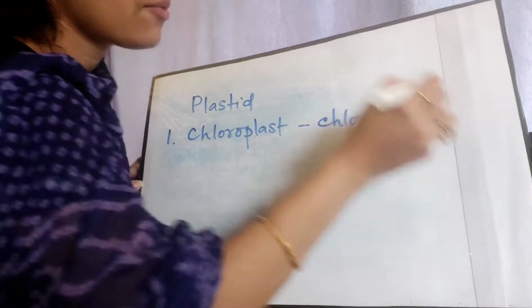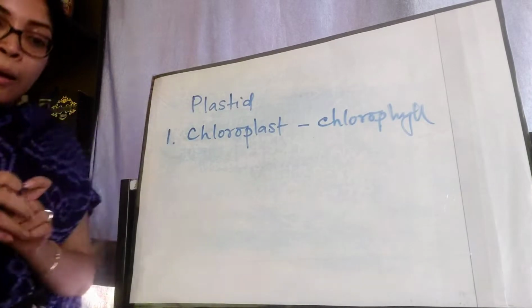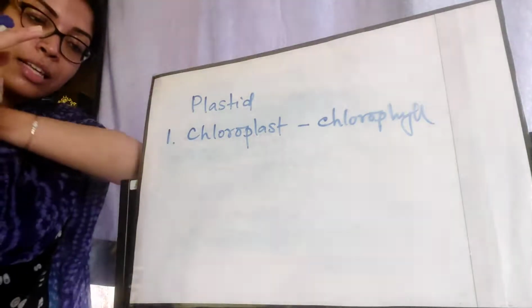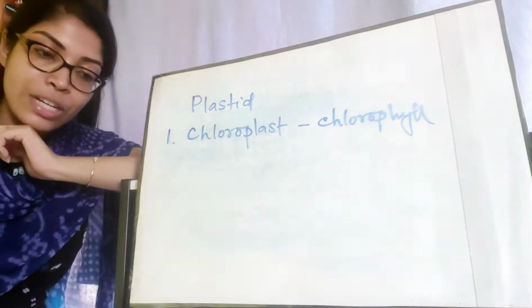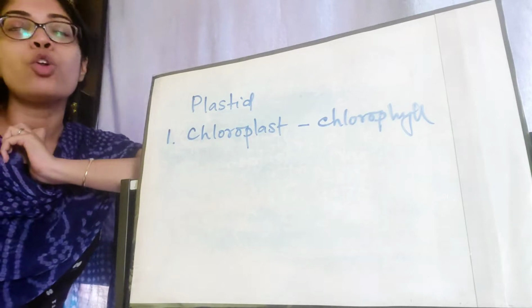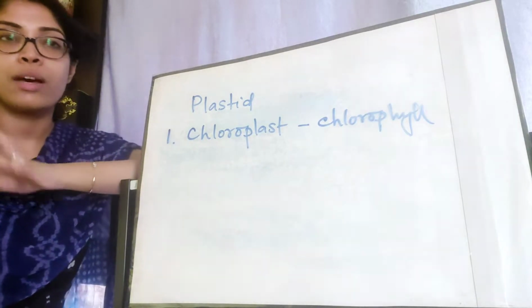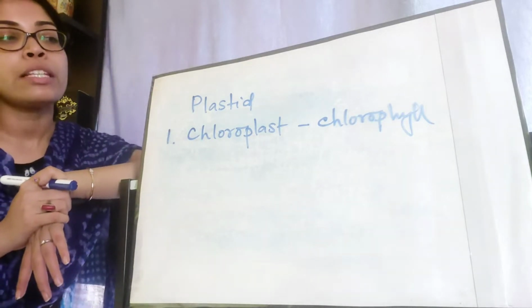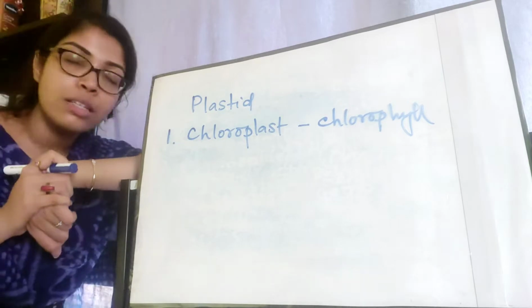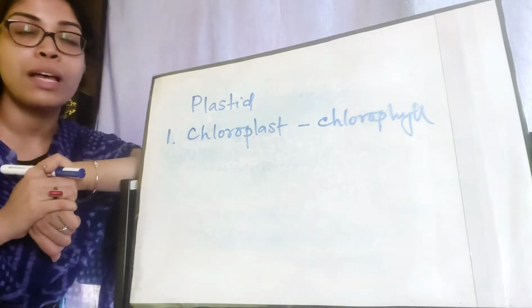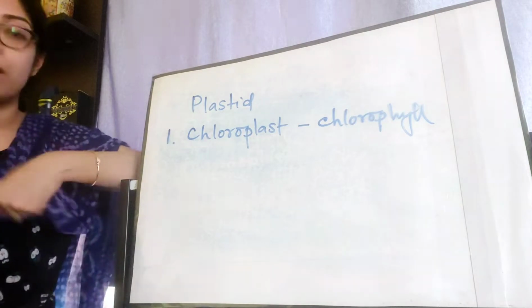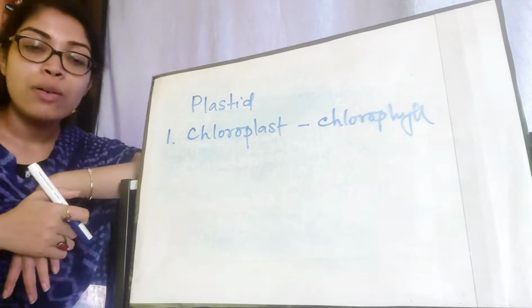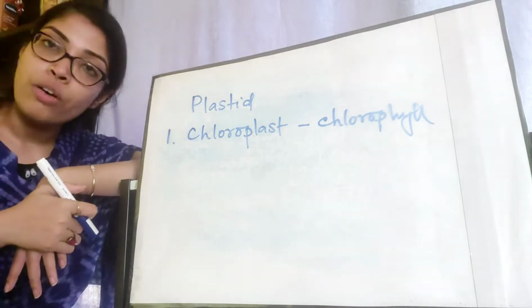I am going to explain the structure of chloroplast soon, but first let me give you a brief idea. So in the cytoplasm of the plant cell, chlorophyll containing different plastids which take part in photosynthesis. While in your lower classes you have learnt about photosynthesis, you have heard that chlorophyll is very much needed for photosynthesis, and chlorophyll is present in chloroplast. The site of photosynthesis is chloroplast. So you are familiar with the term chloroplast. Even in class 7 you have learnt the structure of chloroplast. Now let's get into the ultrastructure of chloroplast.